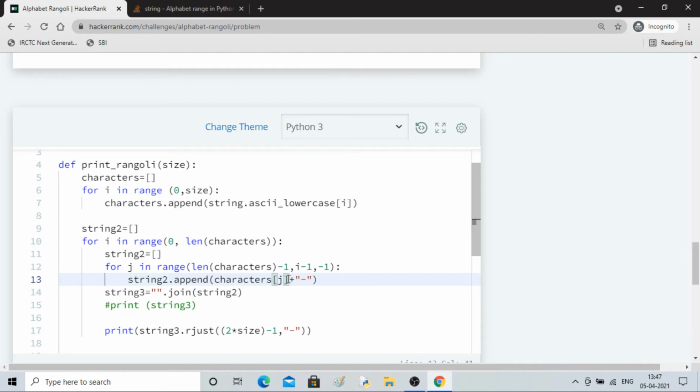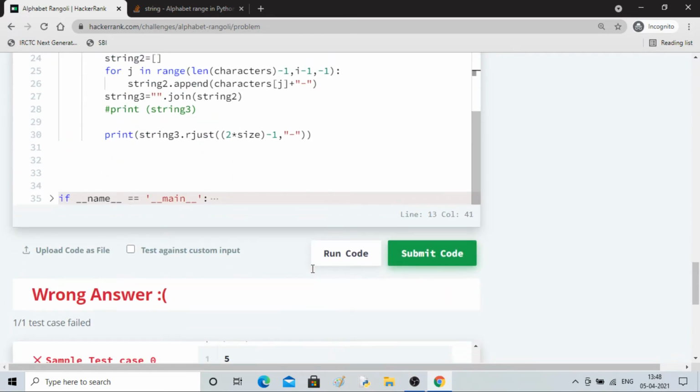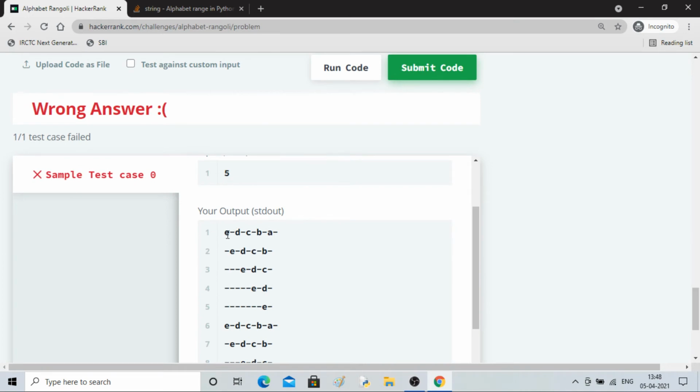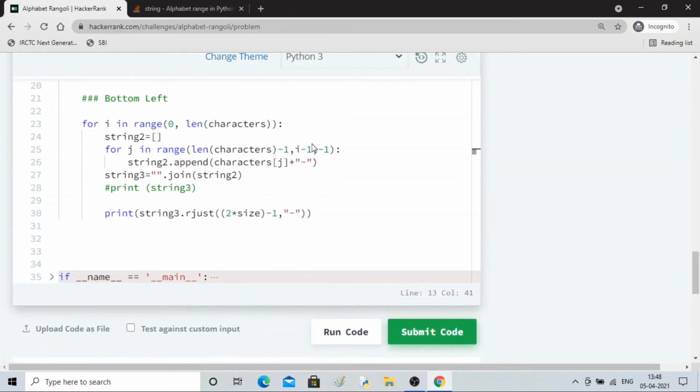E, then E, B, EDC. E has to be on top, this has to be on the bottom. So somehow I have to change the end point. This I have to change somehow, right?